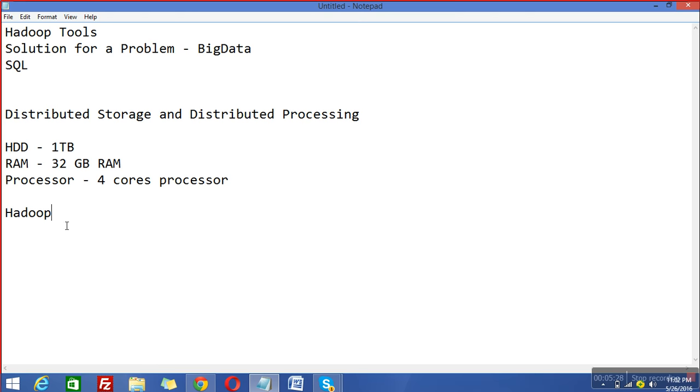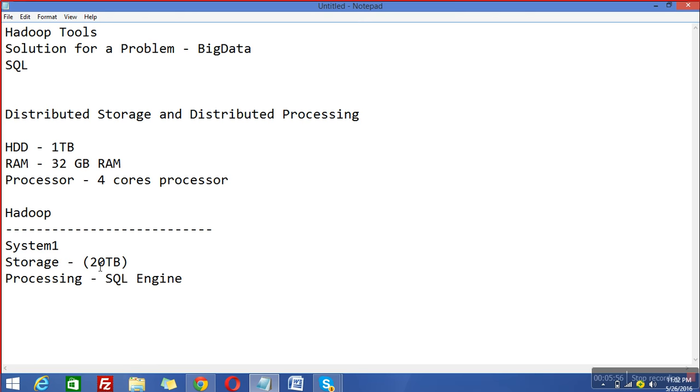For example, this is not the actual architecture of Hadoop. Just let's say there is one system in any of the SQL based storage, and there is 20 TB of data stored. Let's say its name is system 1. There is 20 TB storage available, and for processing, this 20 TB of data is based on one centralized SQL engine. If I increase the data amount to 30 terabytes, then 40, then 50 terabytes, then after a threshold point, queries will take too long to process.